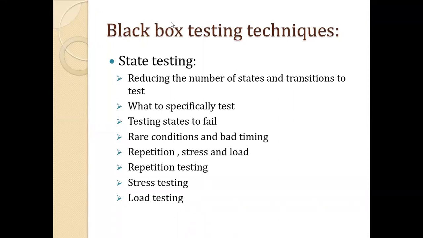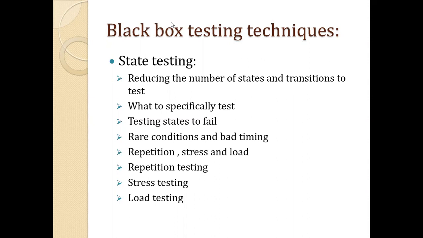To check this, you have 5 ways. The first is to visit each and every state at least once. Second, test the state-to-state transitions that look like the most common or popular. Third is to test the least common paths between the states. Fourth is to test all the error states and returning from the error state. And fifth is to test random state transitions. These are the 5 ways.